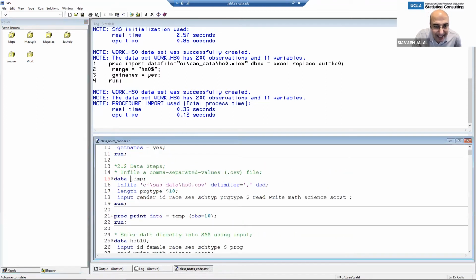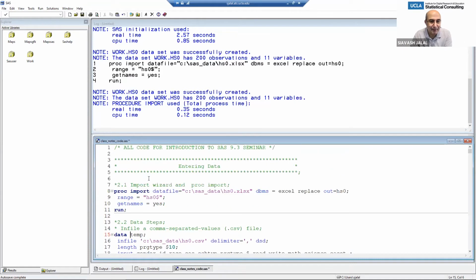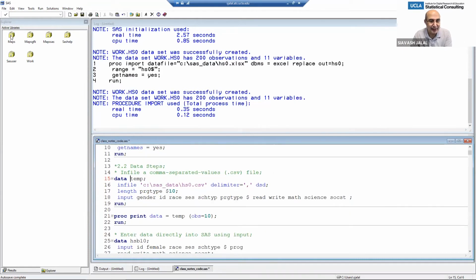So temp is still going to be somewhere on your hard drive, but not necessarily somewhere that you have access to. When you turn off your computer and close your SAS, that will be gone. So you have to save everything from work, because if you did some work on that data and want to continue next day, you need to save it in a permanent library,